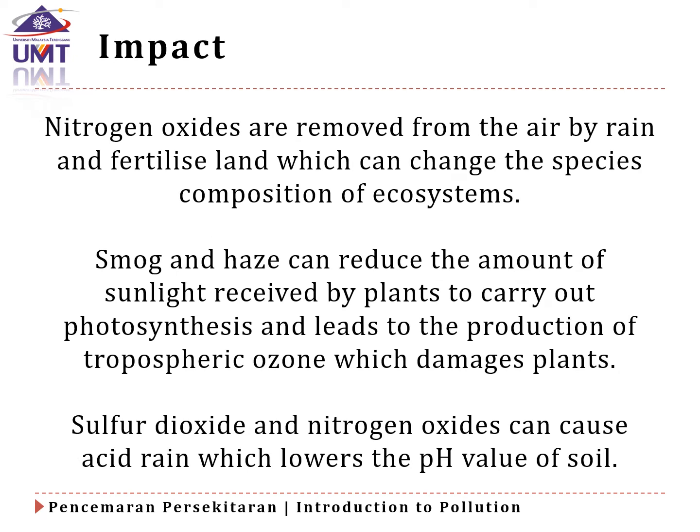Nitrogen oxides are removed from the air by rain and fertilize land, which can change the species composition of ecosystems. Smog and haze can reduce the amount of sunlight received by plants to carry out photosynthesis, and leads to the production of tropospheric ozone, which can damage plants. Sulfur dioxide and nitrogen oxides can cause acid rain, which lowers the